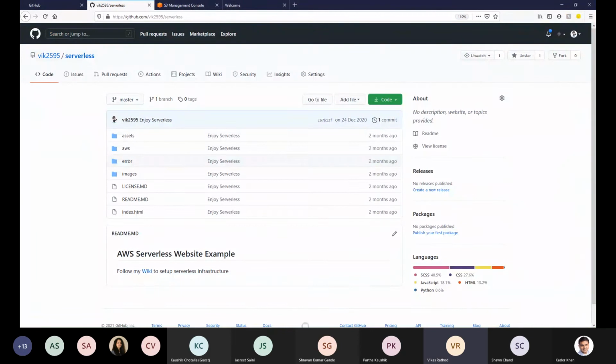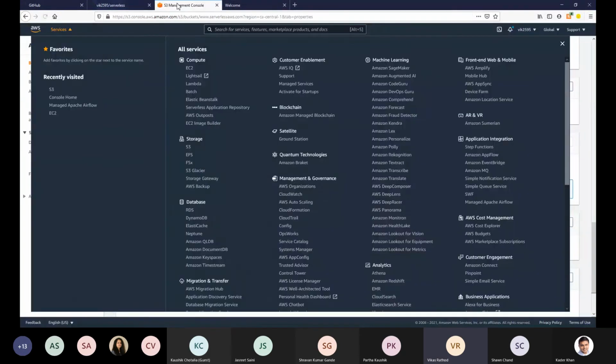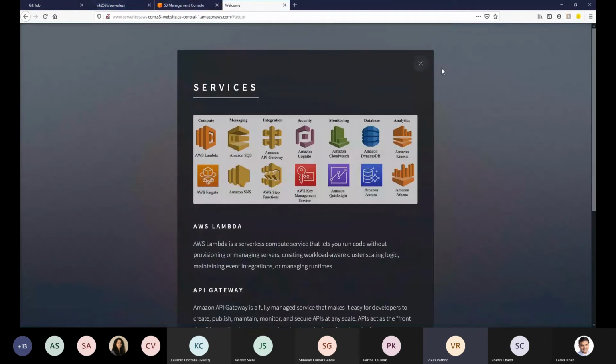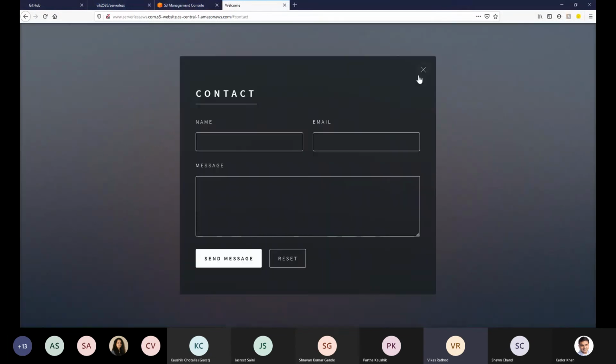This is my GitHub link, and here is the wiki. So let's do the first functionality and see how it works. This is a static website, okay? And I have one function here, which is the contact form. So if I put my details over here, then